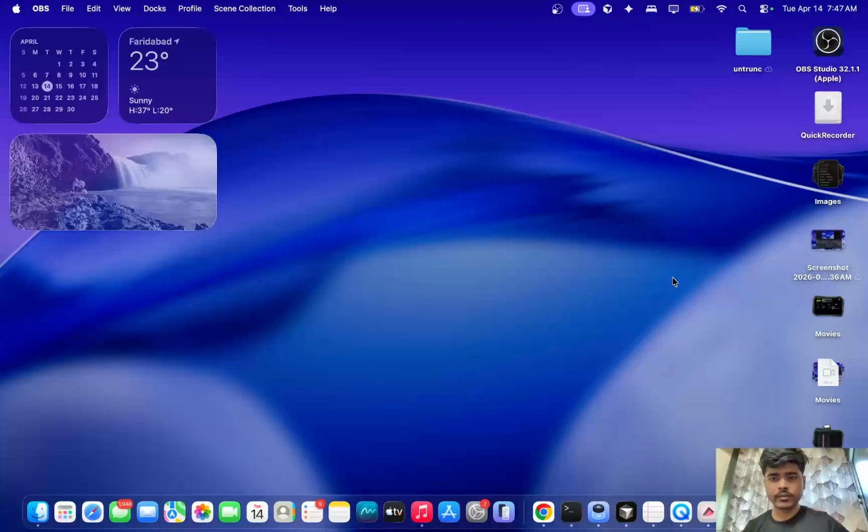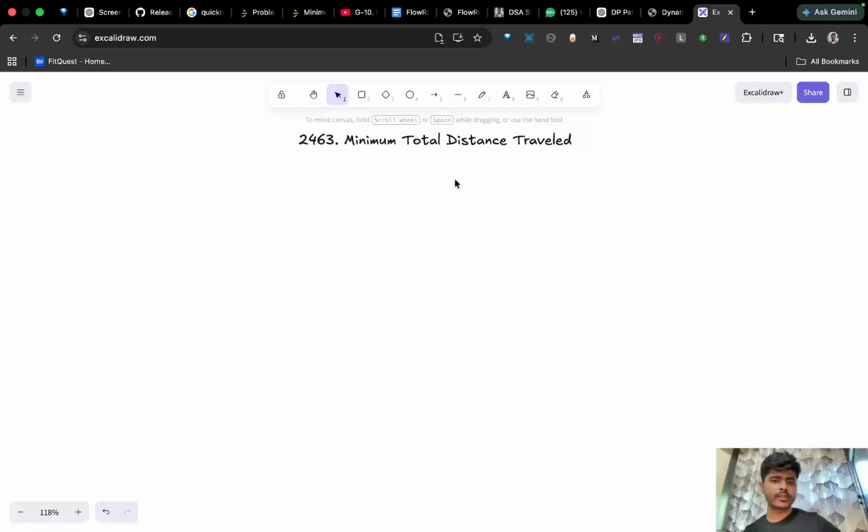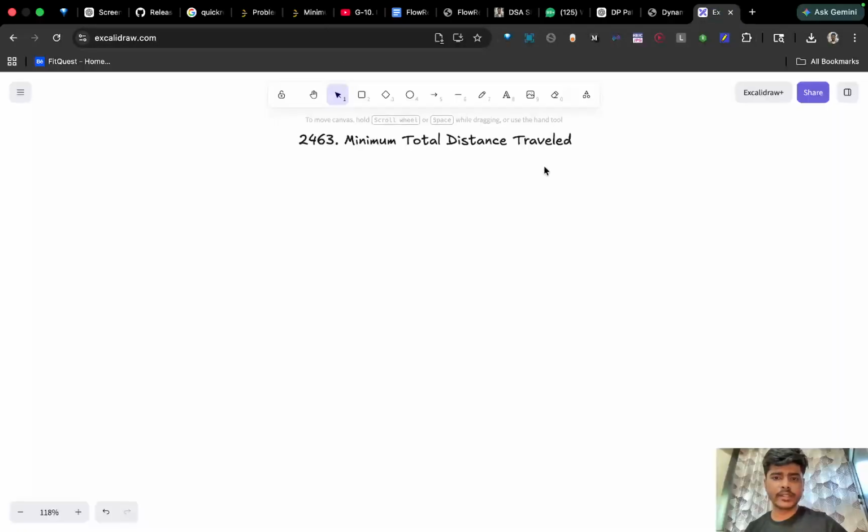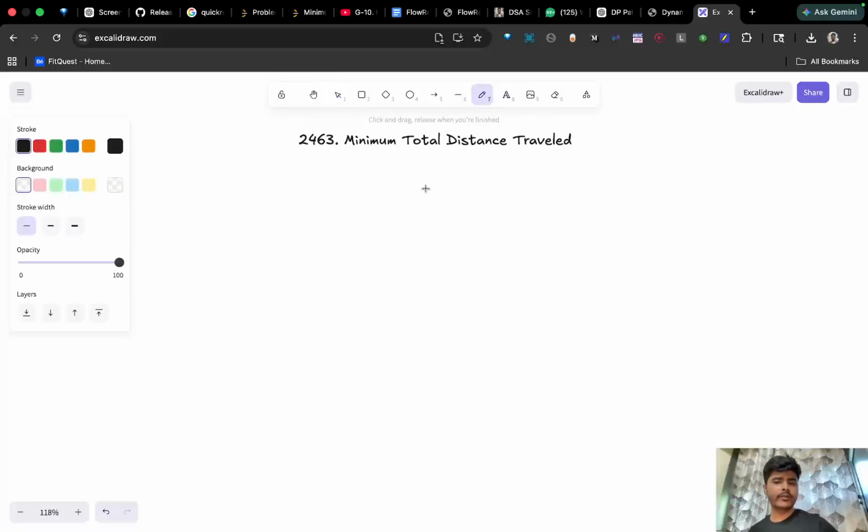Hello everyone. So today we'll be solving this LeetCode problem, Minimum Total Distance Traveled, which is LeetCode problem 2463, and which is a hard problem. So let's first understand what the problem is saying. The problem is saying that we have been given an array of robots with their positions and an array of factories with their position and limits, and we have to tell the minimum distance a robot needs to travel to the nearest factory to get